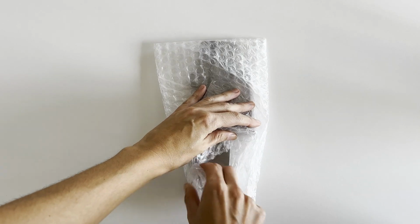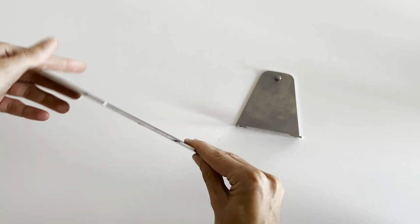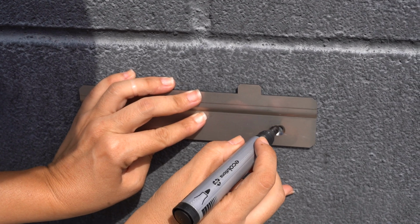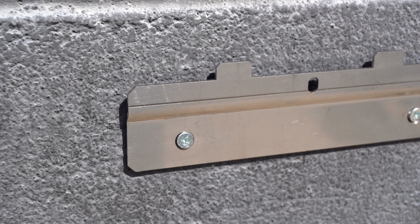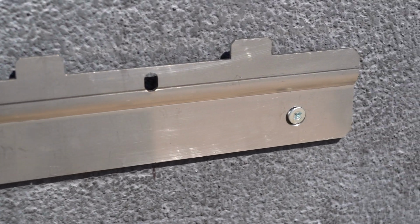The first step is to unpack the anchor plates, then mark the positions of the holes respecting the indicated measurements. Finally, drill the marked holes with a size 8 drill bit and fix the support using the number 8 plugs